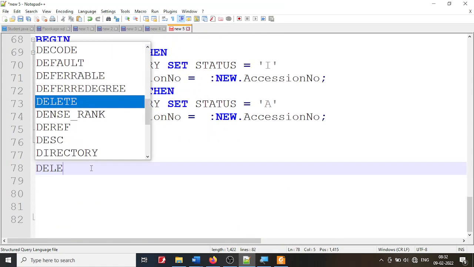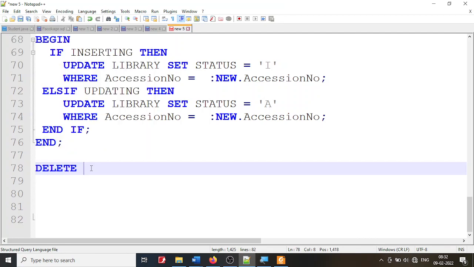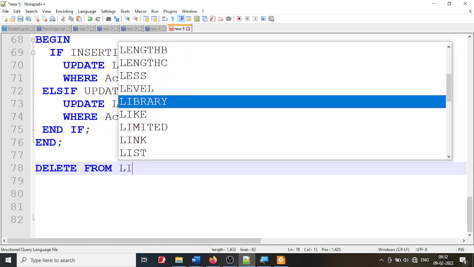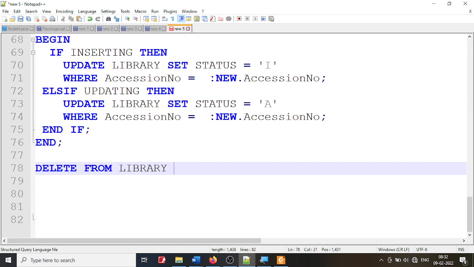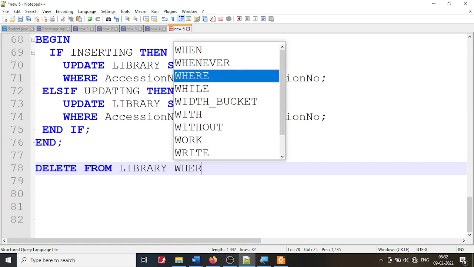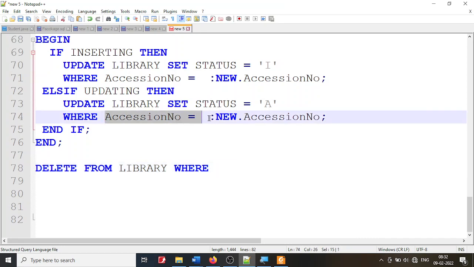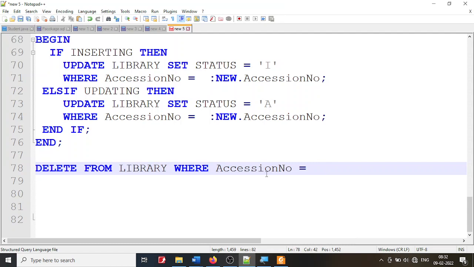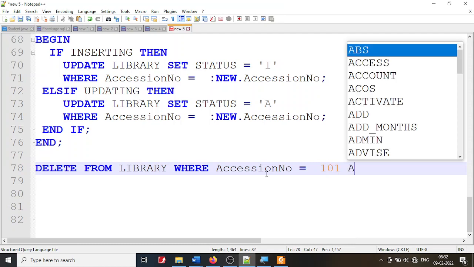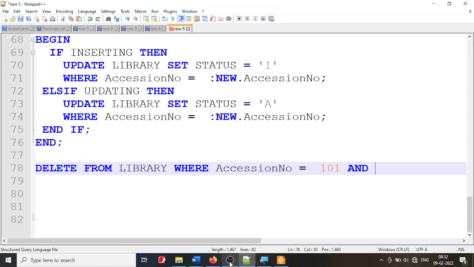You are going to say delete from which one? Your library. Okay. What is the condition? Where accession number, I'll take this one, accession number is equal to 101. Let me take that same book, 101,